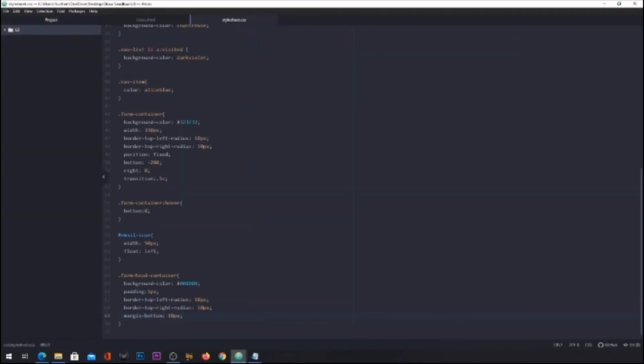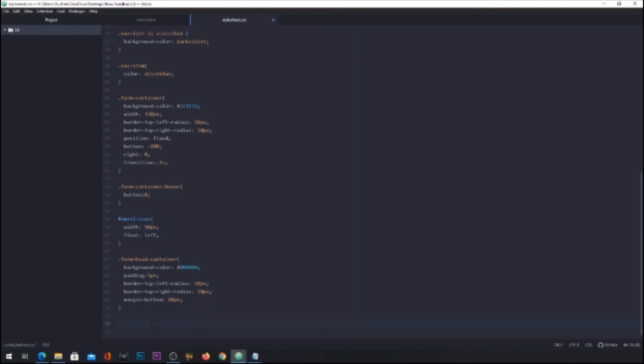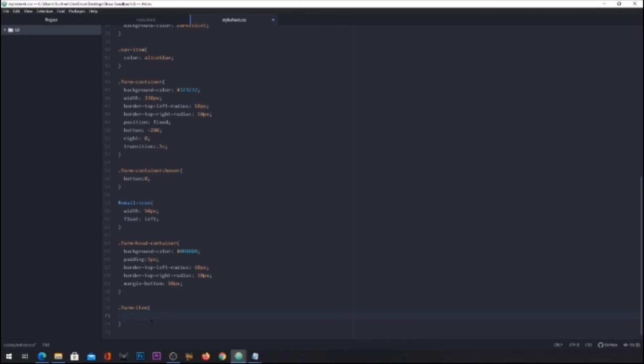And then the next thing I want to work on is, let's see what else. So form container is done. We've worked on the image icon. We set the width to 50 pixels. Now the next thing we want to do is we want to work on the form items, okay, which is the fields inside of our form. So dot form-item, open up a parentheses, and then I'm going to say margin left. Set this to 15 pixels,